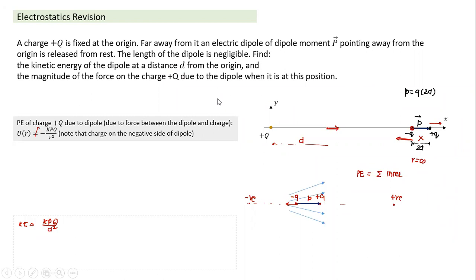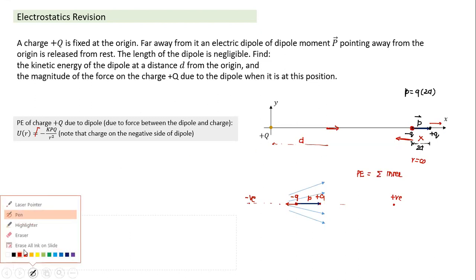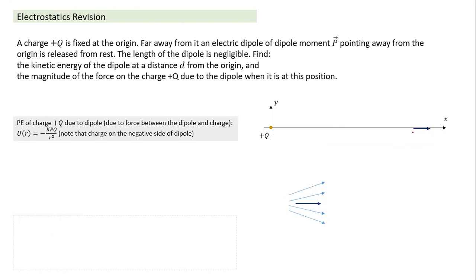But in general, if I want to calculate the force on a dipole placed in a varying field, how would I calculate it? Let's do that part. So this is a dipole, this is minus q, and I can always take the dipole as plus q and minus q. This distance is 2d. If the field is not uniform, let's say at this point the field is E, and at this point the field is E plus dE. So what is the net force when the field is not uniform?